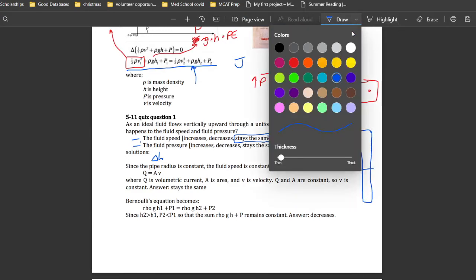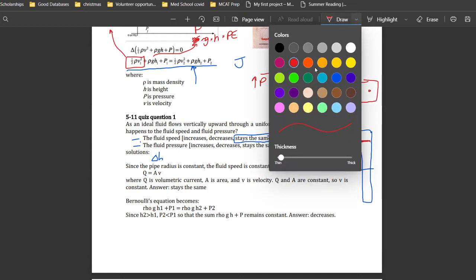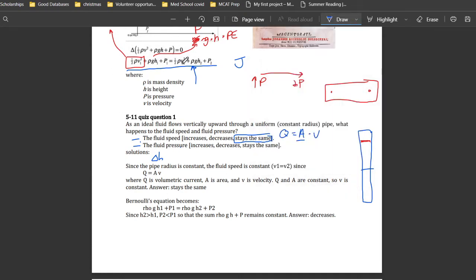So I'm going to also add a second line to denote a different height. For the Bernoulli equation, we had stated that any change in energy within the system just converts from one form to another. So we know that the velocity and the density in this remain constant. Let me write out the Bernoulli equation one time down here. 1/2 rho v1 squared plus rho gh1 plus pressure 1 is equal to 1/2 rho v2 squared plus